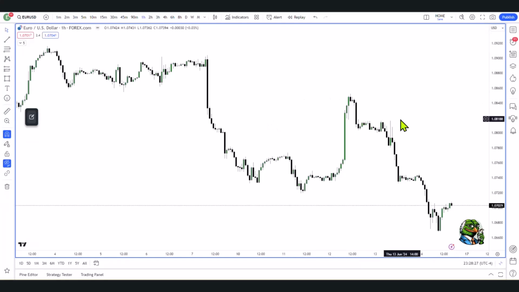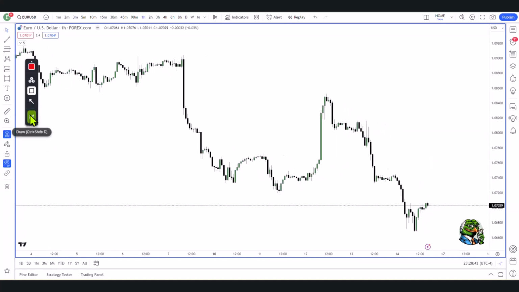Okay, so it's right there. What level is that? That's just above 108. So there's our equal high. That is the high of Thursday. Let's just double check. What day is that? Yes, that's Thursday. So you can see that the euro has taken a lot of liquidity